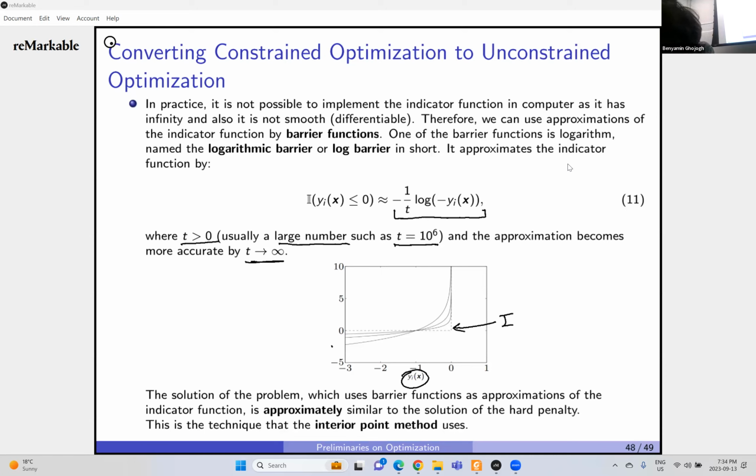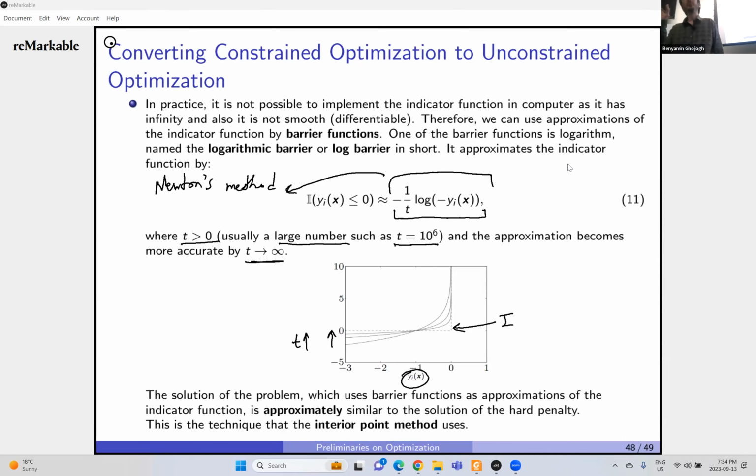So what do I mean? Here, t is increasing. So as you see, by increasing t, I have a better approximation. Now this becomes smooth, and I can replace the indicator function by this logarithm function. Right? Therefore, when you use this, especially combined with Newton's method